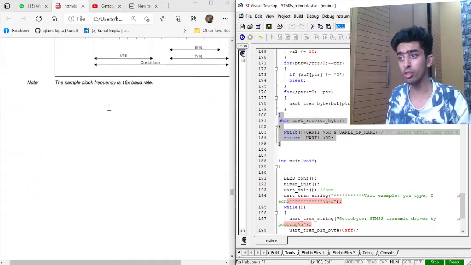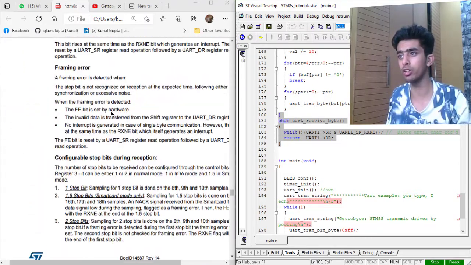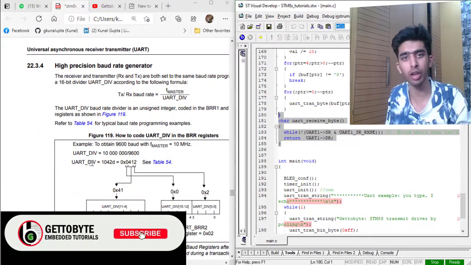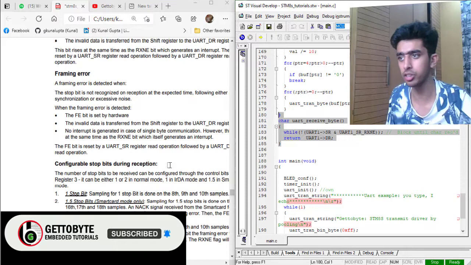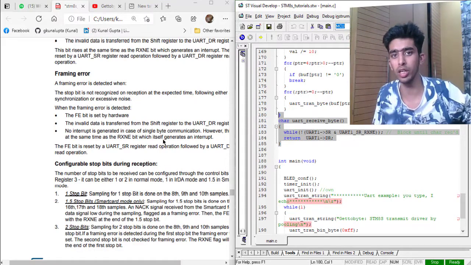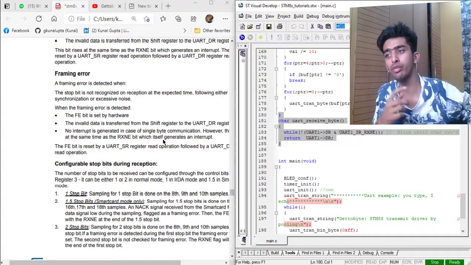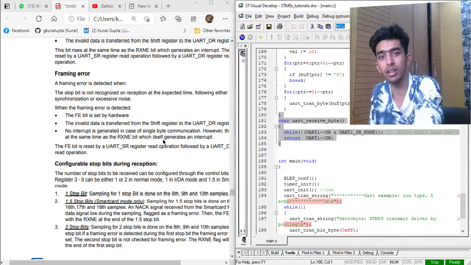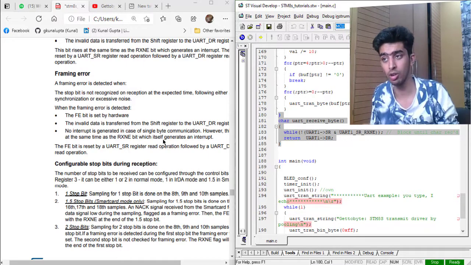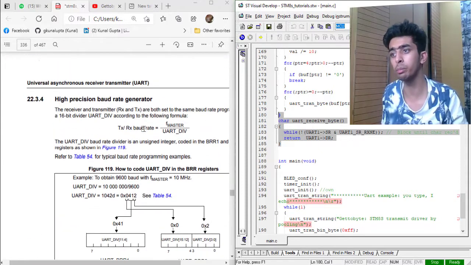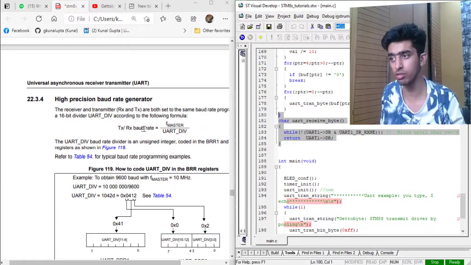Okay, so now moving to our register description, all these framing error and parity bit and all those kinds of things you can read from the data sheet. These are very much the same and similar to the STM32 and AVR 8-bit microcontrollers. If you have done two microcontrollers, then you can easily get the things in the third microcontroller. So the framing error and all such things are the normal simple traditional UART features which we know.